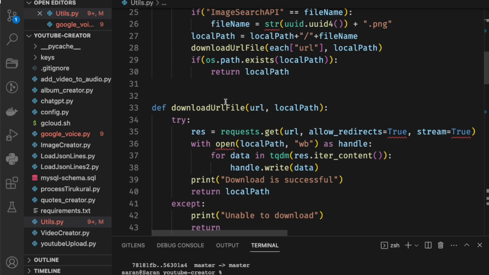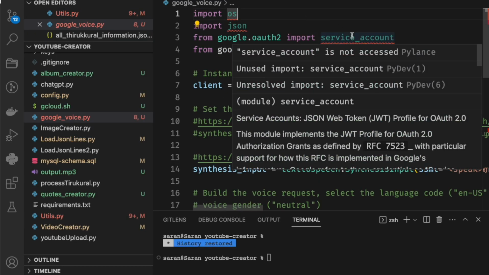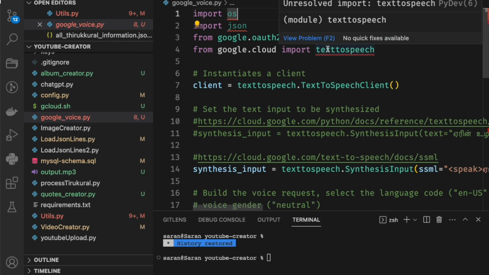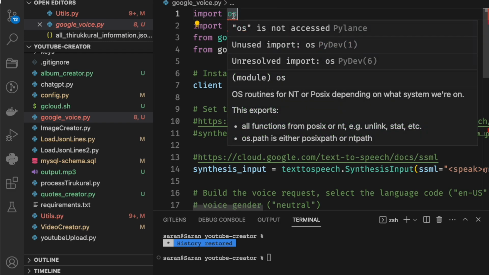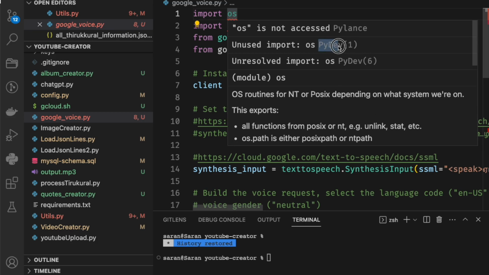Okay. So in order to solve that, I put the cursor over there to find out what is really causing this particular trouble. It says unresolved import, and this is something that PyDev reports as this particular error. Then what I did, I just copied this, PyDev, and